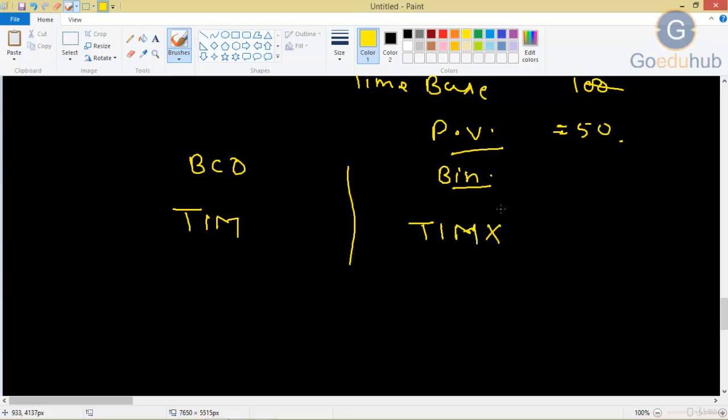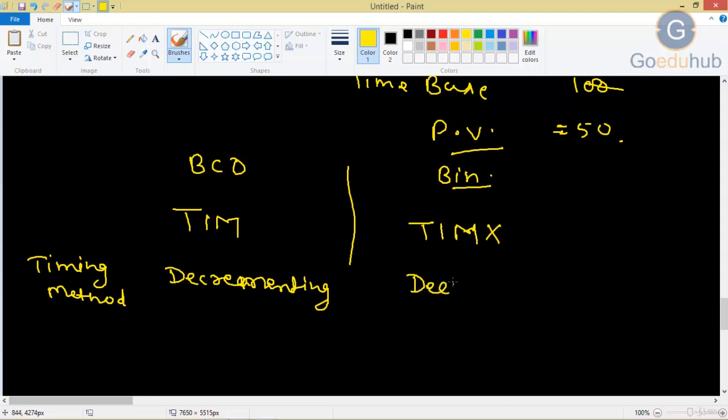Now the timing method in both is decrementing.